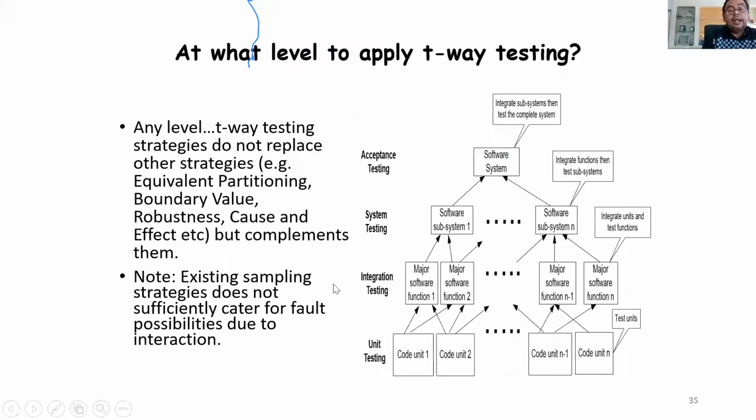At the same time, you can do it at any level: system testing, acceptance testing, integration testing, even unit testing. So T-way testing is applicable at these levels depending on the problem at hand. Later, toward the end of the lecture, I'll show you some examples of how we apply T-way testing. Now,